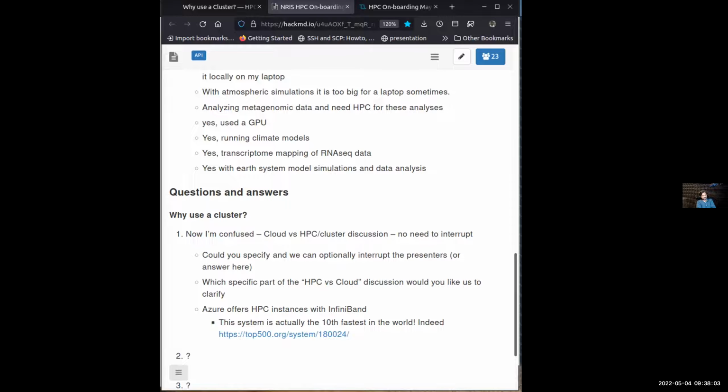But if it is a cloud that's not in this network, for example, in another geographical location, it might take a long time for your file to reach that place. So it might be practically impossible to do that analysis. Yes. In addition to that, what Radovan said about runaway processes, if you start something and you forget about it, it might cost you a lot of money in the cloud as well.